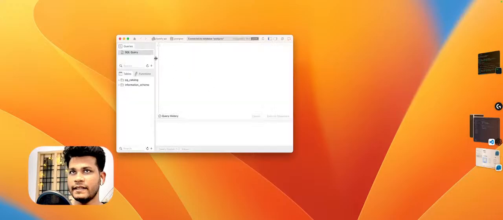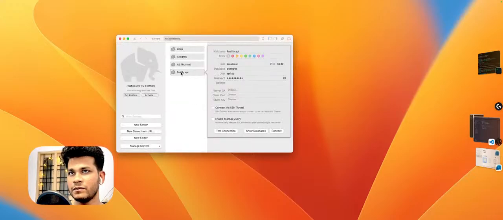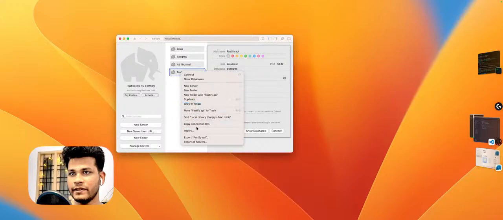So now let's connect, and I'm going to copy this Postgres instance provision URL from here,